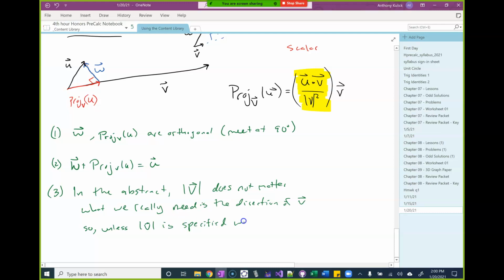So in the abstract, the magnitude of V doesn't really matter, right? What we really need is just the direction of V. So unless the magnitude of V is specified or implied somehow, we can really just assume that magnitude of V to be 1. And it's going to be fine. And that'll be something that'll come up in these story problems that we're going to look at in a moment. But before we do that,